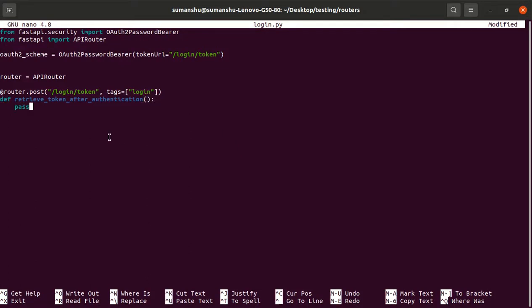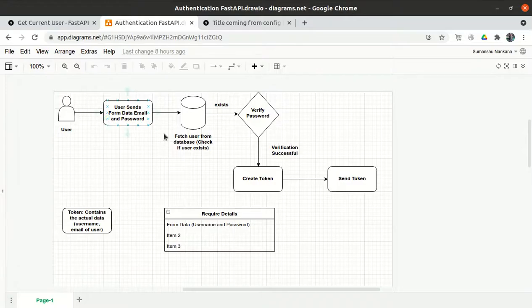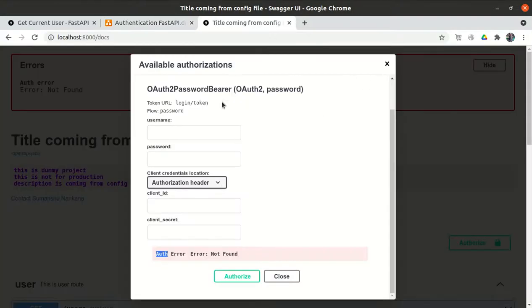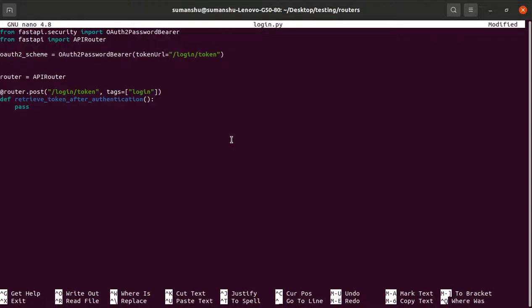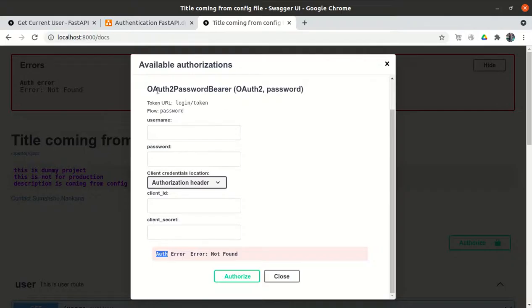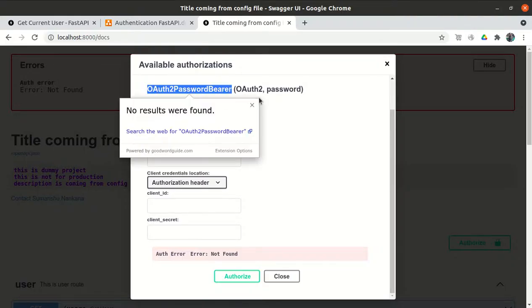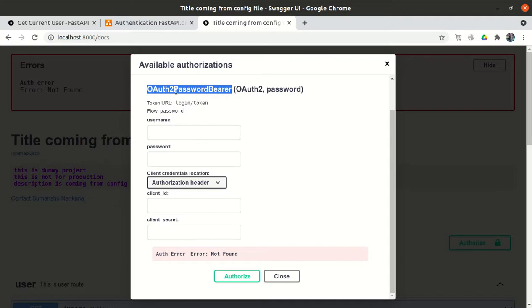We have to implement a few things. What input will it take? We are passing this form data, so it will take the form data as an input. And which type is it? Since we are using the OAuth password bearer, it is the OAuth2 password request form.